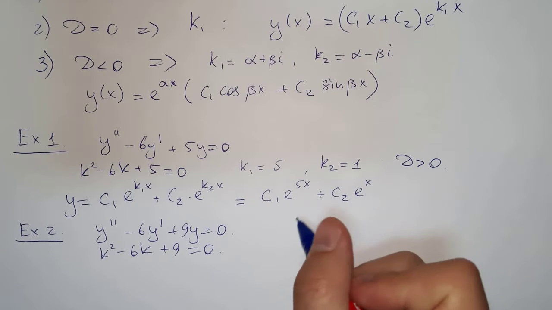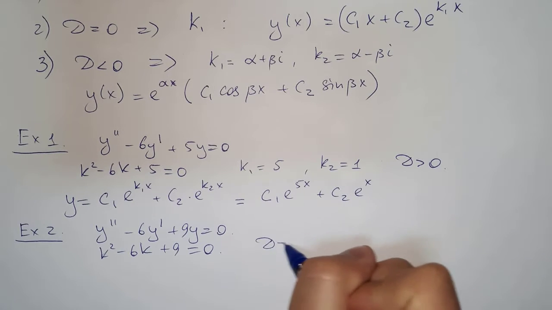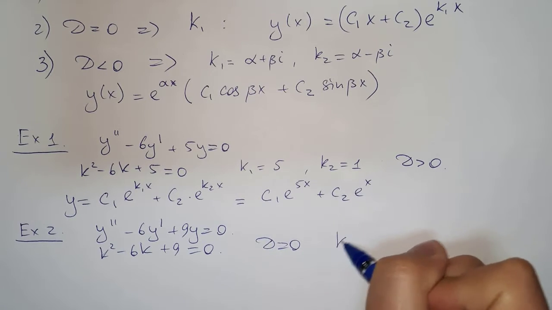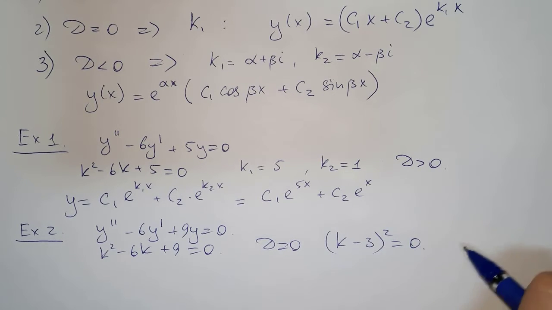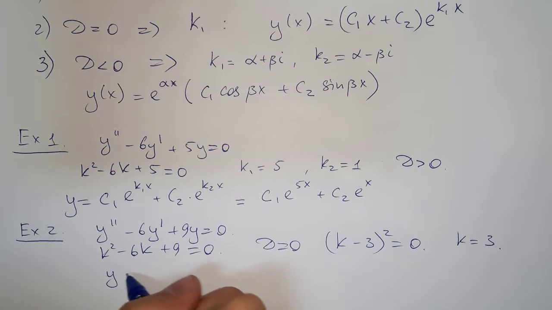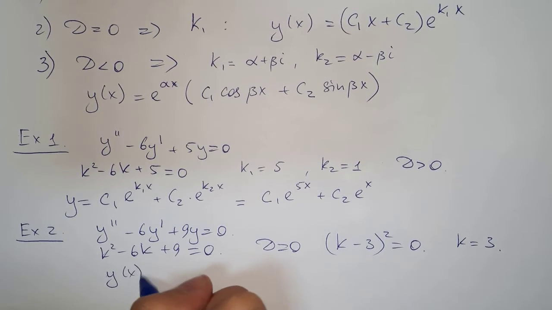Find roots. Here the discriminant is 0. It is of the form (k minus 3) squared equals 0, and we have a repeated root, k is 3. One root of order 2. So the solution of this equation will be y of x is